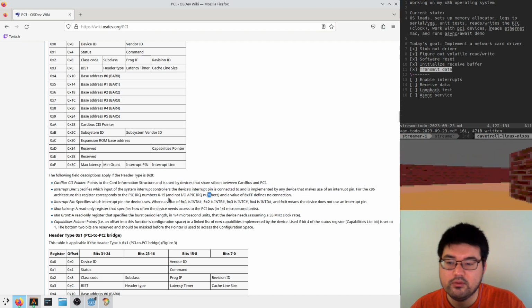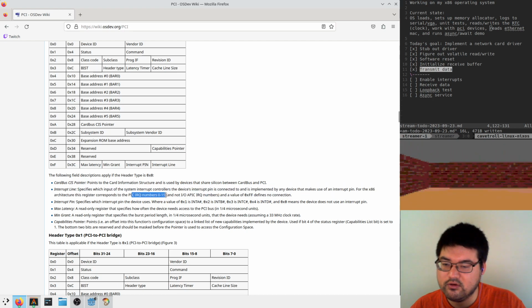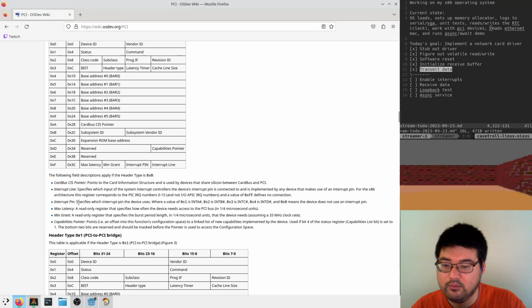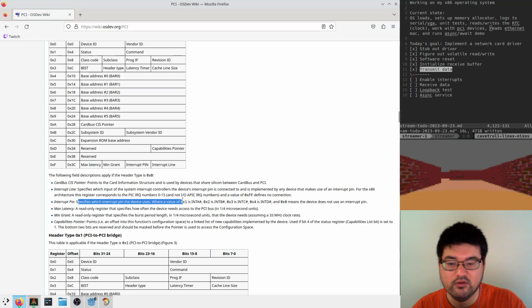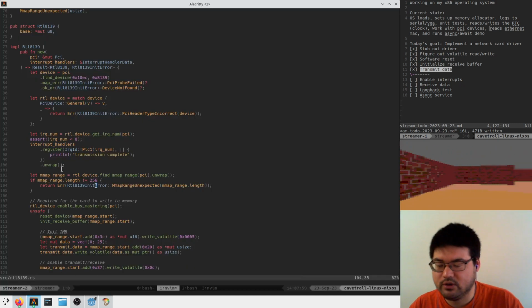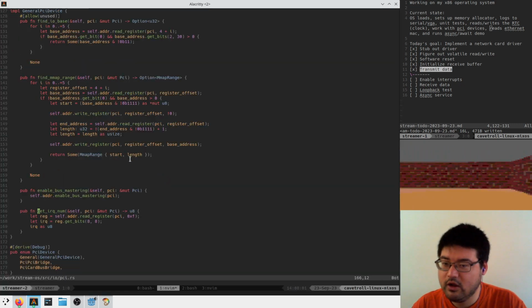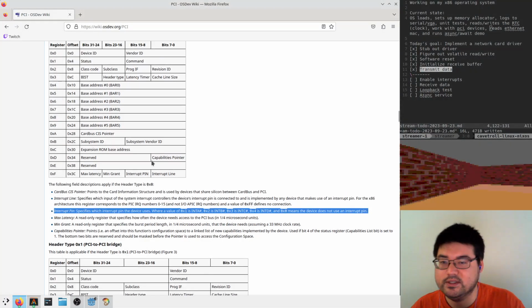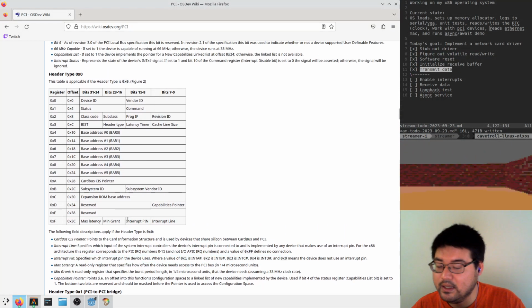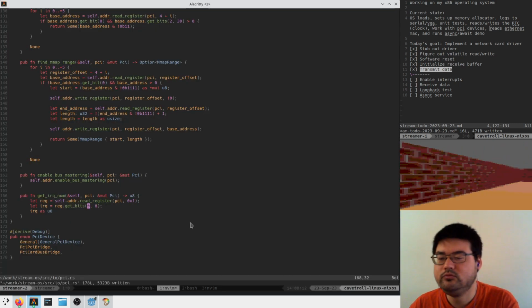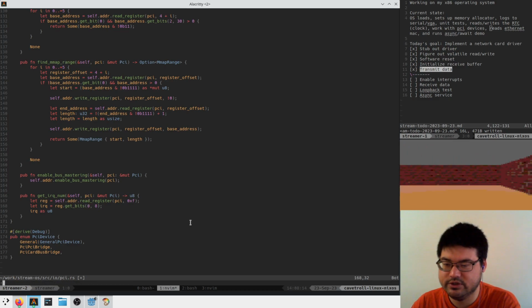So these 0 to 15, this is what I thought was right. But I think this is what I was reading before. Or maybe I was reading interrupt pin, which specifies the interrupt pin the device uses, where a value of 0x1 is INT A, and B and C and D. So let's double check which one I was reading before. I don't know which one I was looking at, but whichever one I was looking at was the wrong one. So I was looking at 8 bits shifted. So I was looking at interrupt pin, and I should have been looking at interrupt line. Easy peasy. So if I just change that 8 to a 0 to do a 0-bit shift,